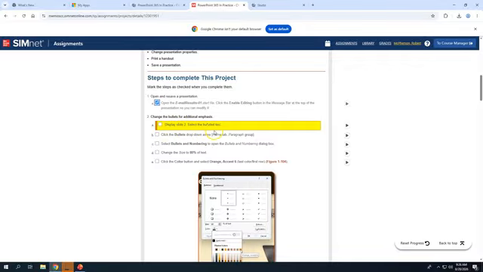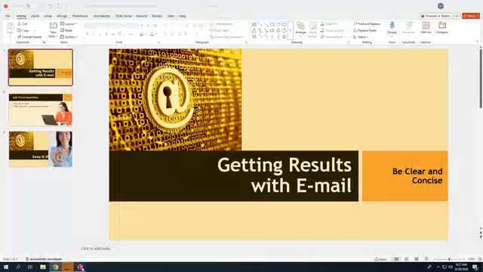Select the bulleted text. Click the bullets drop down arrow in the Home tab on the paragraph group. Select bullets and numbering to open the bullets and numbering dialog box. We will change the size of it to 80%, and we will click the color button and select orange accent 6. So we can go back to this,